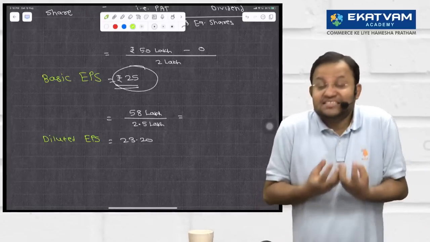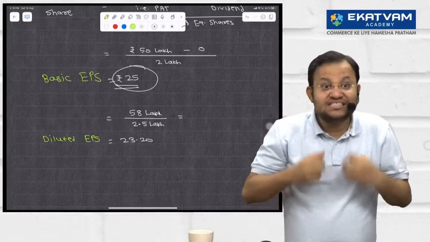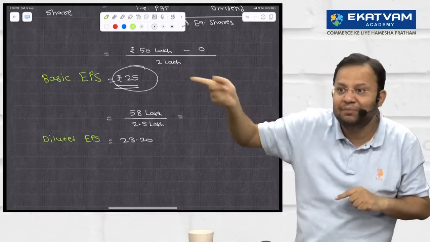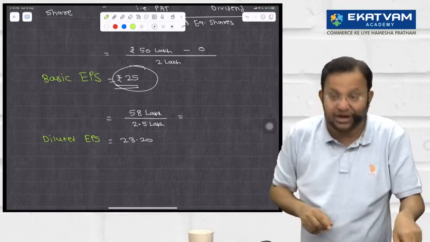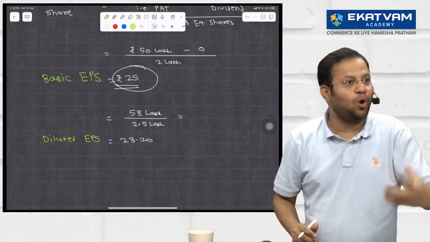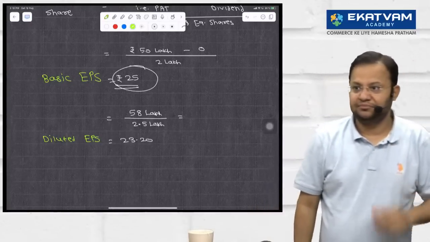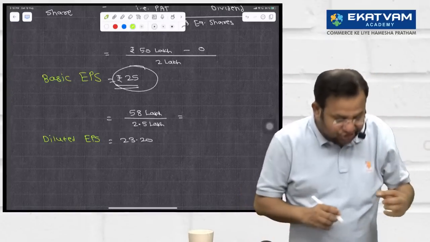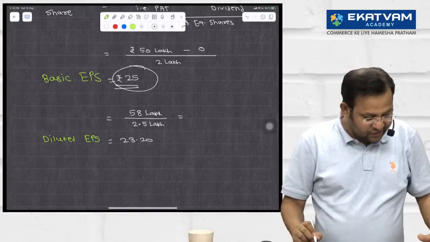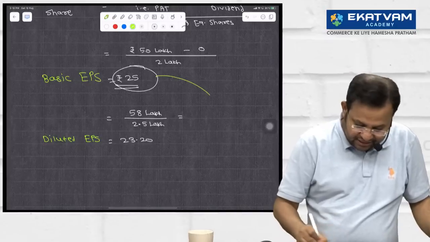So basic EPS is what you have actually earned in that year. Diluted EPS is imaginary. What would be the EPS of this year had the conversion taken place? It's an indication to you. Diluted means decline. Dilution means decrease. There's a dilution in the quality of the students who are joining the CA course over the years. Decrease in the quality. There is a dilution in the earning per share. From what? 25 to